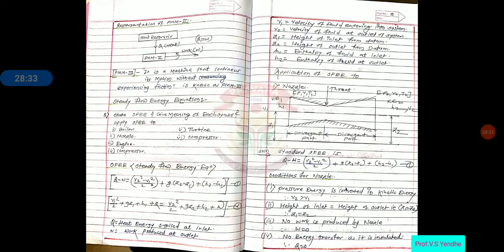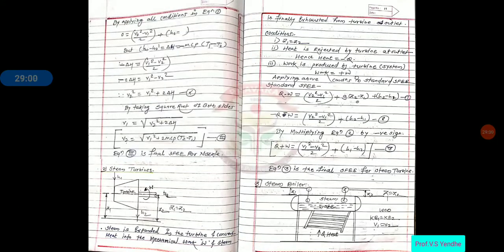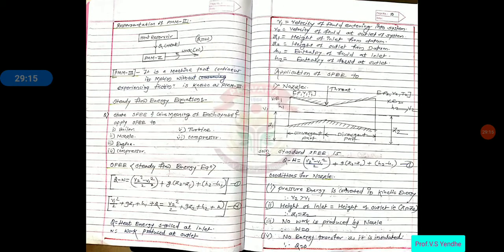Since the nozzle is insulated from outside, no energy transfer is possible, that means Q is equal to 0. Then applying all these conditions, we will get this equation: 0 is equal to (V2 square minus V1 square) divided by 2 plus H2 minus H1. As we know that H1 minus H2 is equal to delta H, that is m Cp (T2 minus T1). But as we require T1 minus T2, after arranging it we will get delta H is equal to H1 minus H2, that means minus m Cp (T1 minus T2).